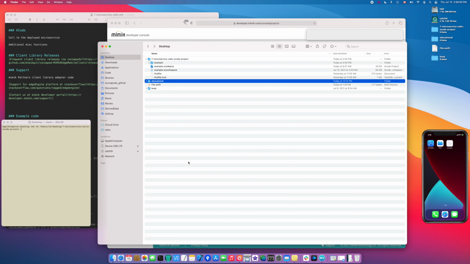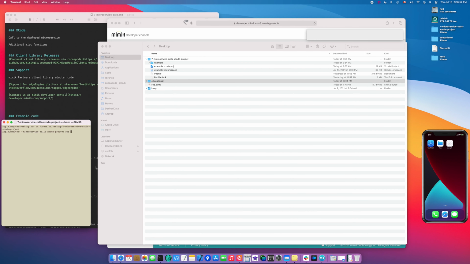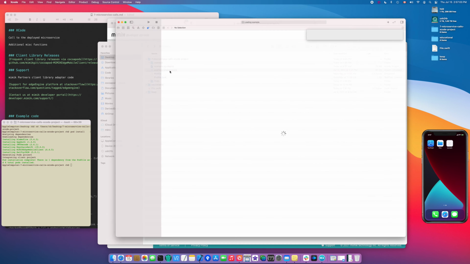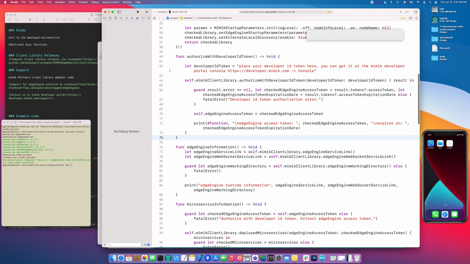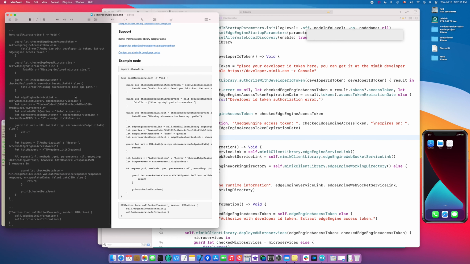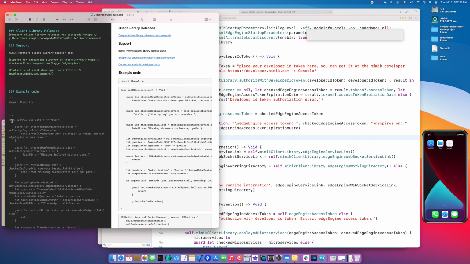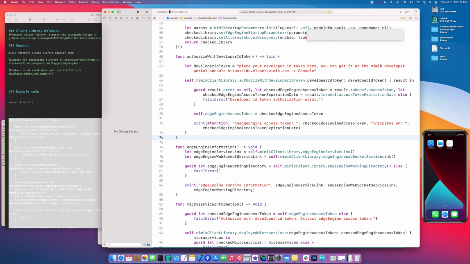But first, let's make sure that we have initialized our CocoaPod distribution system for our project with pod install, so that we can open the Xcode workspace file like this. And let's add some code that will be used to make that microservice API call. I prepared something earlier,